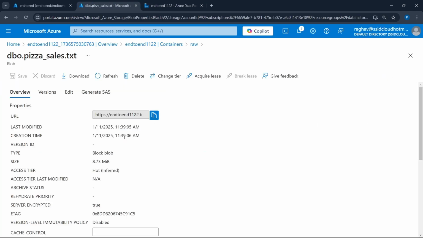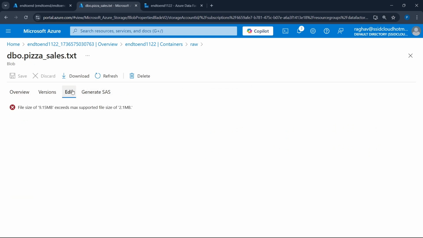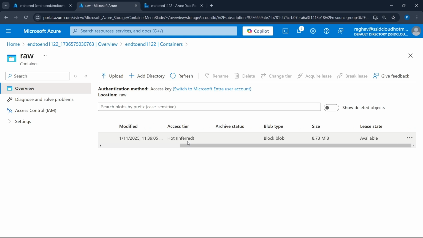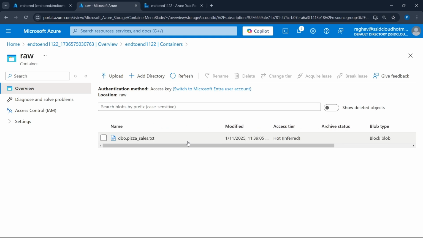And let me show you. It might not be able to show you the file because it's pretty big. Okay, so the file size exceeds this size, and that's why you're not able to view the data here, but it's all right. You can see the file is present and it's big, meaning that it is the original file that we created. The next thing we are going to do is perform some operations on this data inside Databricks, and then we will create Power BI